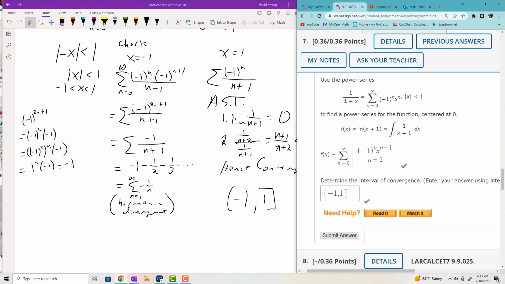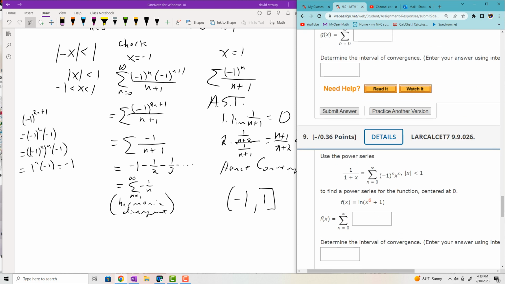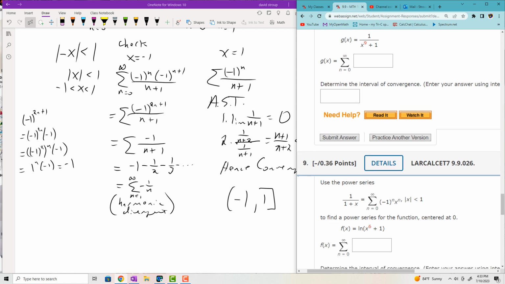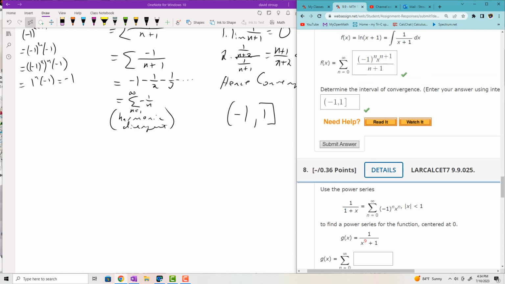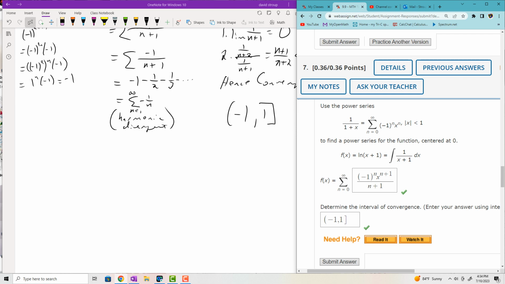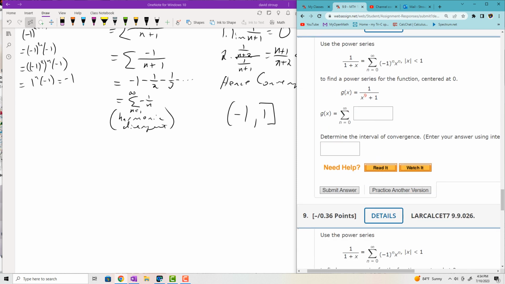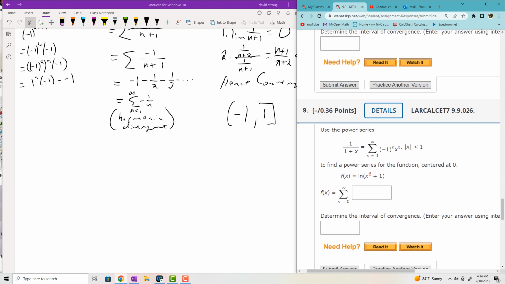Let's look at numero, I think it's 9 I want to look at. Yeah, 9. So this one is a little bit harder, right? Because they don't give you what this thing equals. And in number 7, they kind of tell you, well, this is a result of integrating 1 over x plus 1. So here you got to get creative and figure out how am I going to get something such that